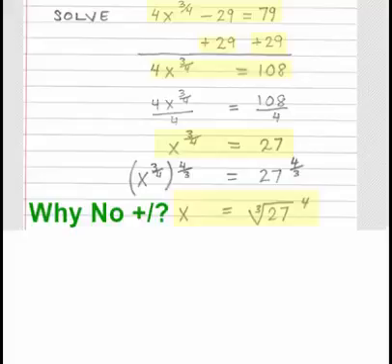Well, because in this case, our original equation was 4x to the 3/4, and our exponent was 3/4. It had a numerator that was odd. So in our equation, we're taking the third power of a fourth root, and that has the same characteristics as a third degree equation. And when you solve a third power equation, you do not get a plus or minus. Only when you're solving a squared equation or a fourth power equation do you have a plus or minus. So when the numerator is even, use the plus or minus. When the numerator is odd, do not use the plus or minus.